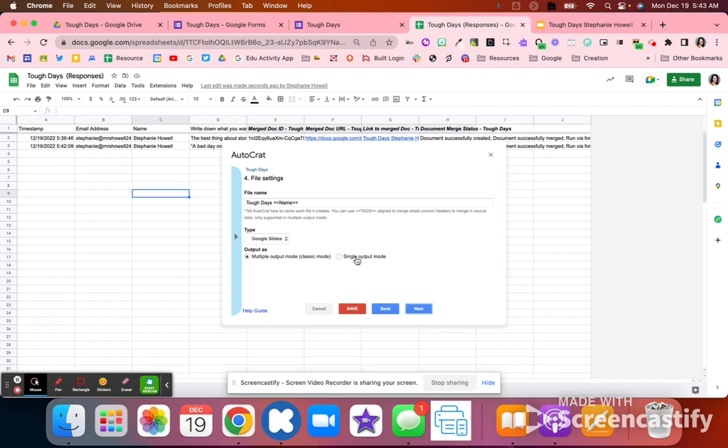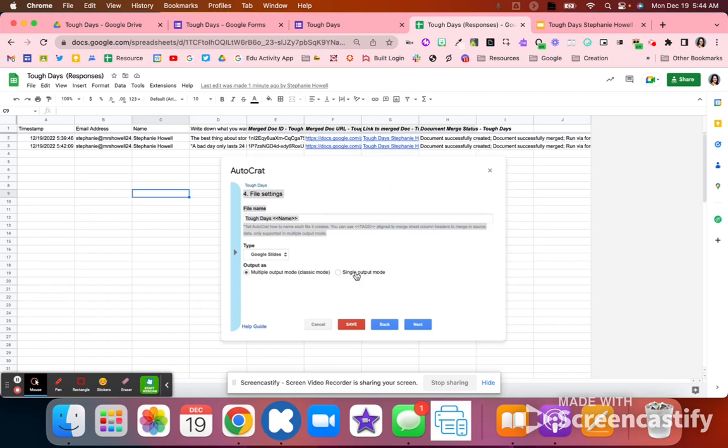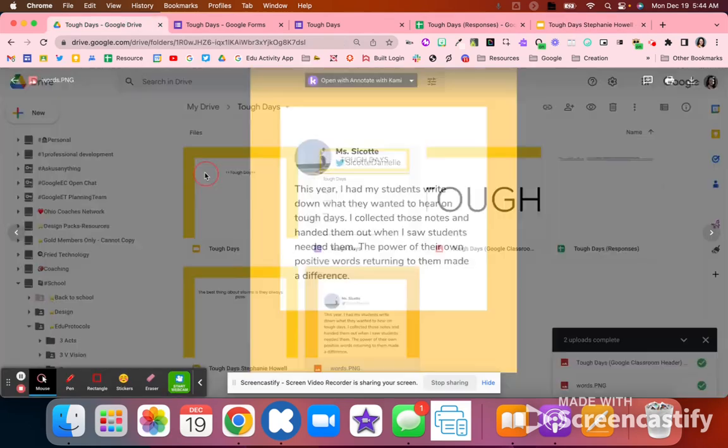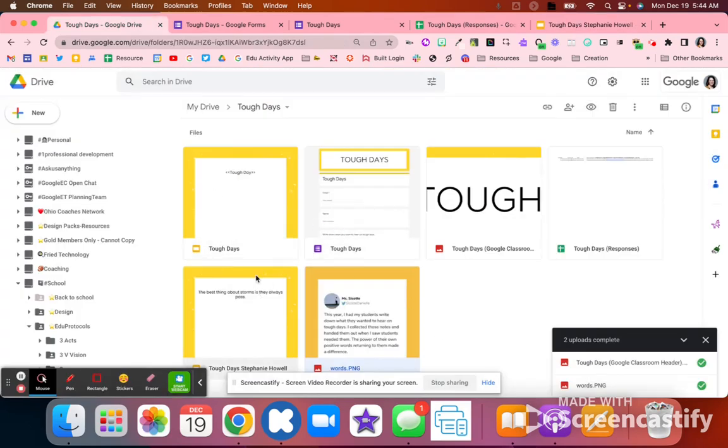So if you wanted to print them all and then hand them out to students as they're having that tough day, you could do that. You can also do where it says multiple output mode. This is creating that separate file for each student. If you do this single one, I highly suggest you make a copy of this graphic that I will also link in this folder. So right here where it has